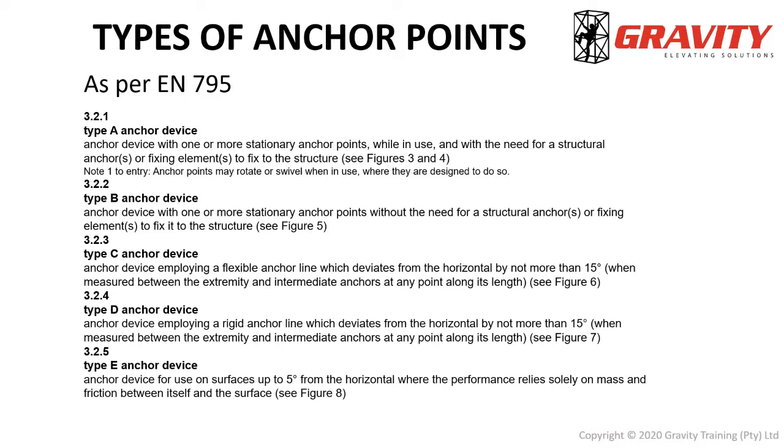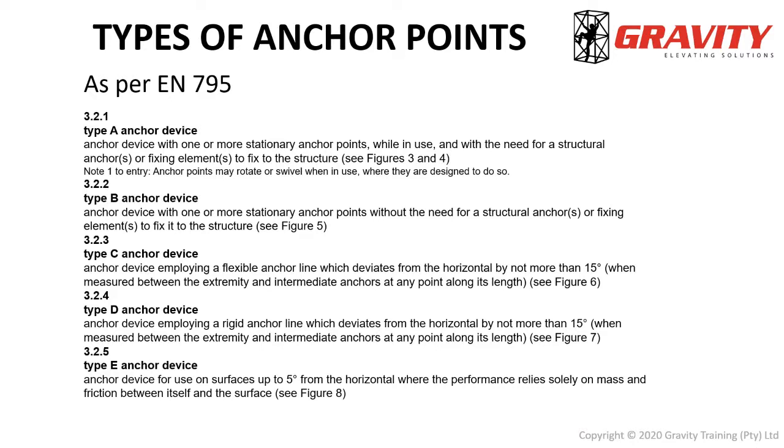Type A, that's the one that we use for full arrest anchors or rope access anchors, the planned installed anchor points that we know. Type B anchor devices are, as you might have guessed, slings. Petzl and gravity slings have an EN 795 type B certification, a rating. Type C anchor devices, for instance, a cable, steel wire rope lifeline, again, installed by a competent person, all that thing. Type D will be a rail lifeline, horizontal lifeline,